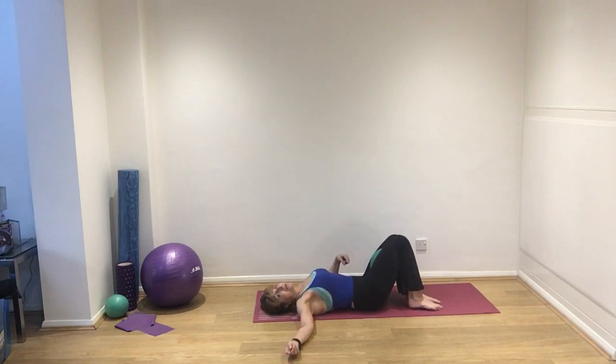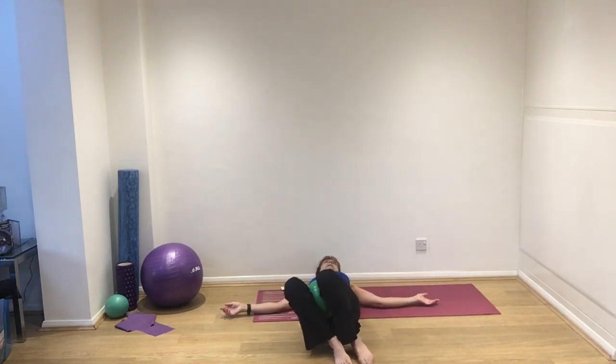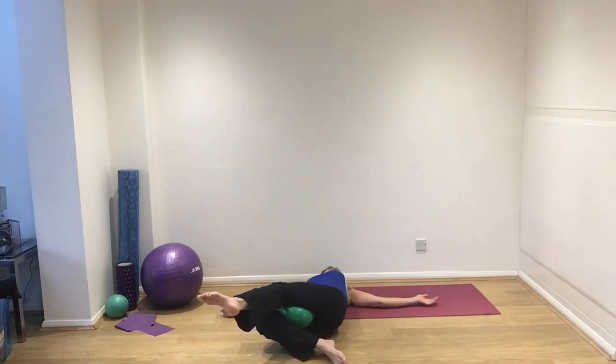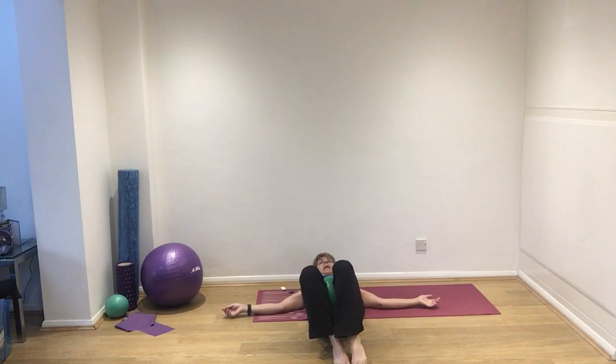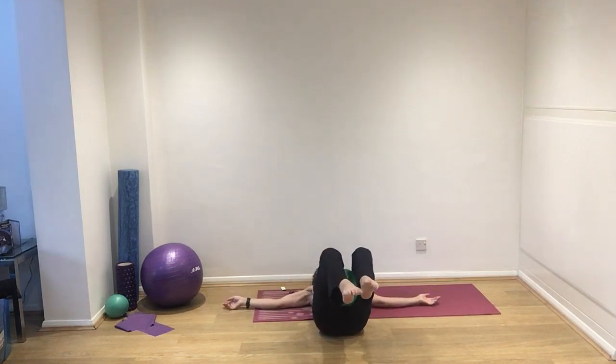So if you want to add on here, the legs are going over to one side. So legs go over. Now see if you can extend your top leg without that shoulder blade lifting. Bend the knee back in, roll back into your tailbone. Other side. You want to add on more, come into your tabletop position so your shins are parallel and you're